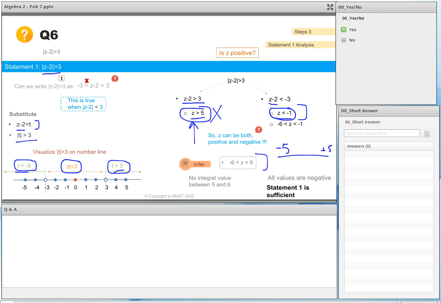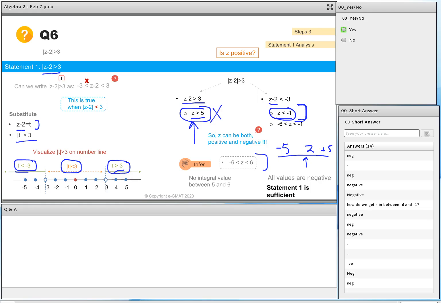What next part do I have? I have the value of z should be less than -1. If the value of z is less than -1 and z also lies between -5 and +5, I'm opening the short answer poll for all of you. Can you tell me what is z? Is it a positive number? Is it a negative number? Can it take both values? What would it be? It would only be negative, because z is less than -1